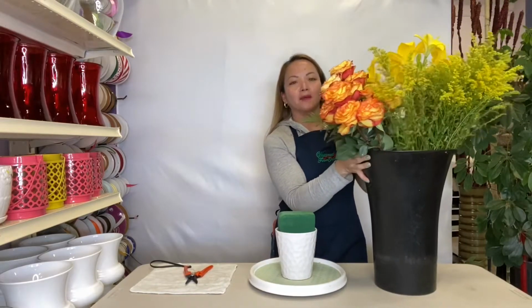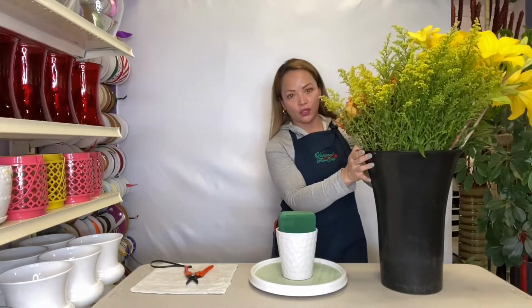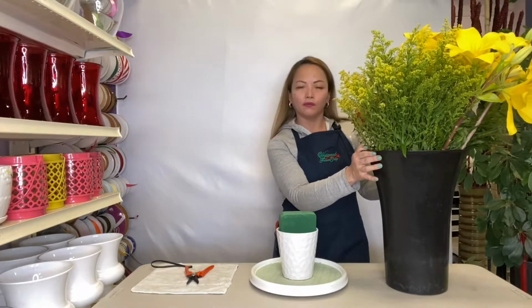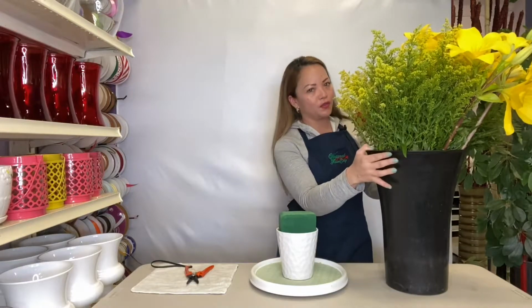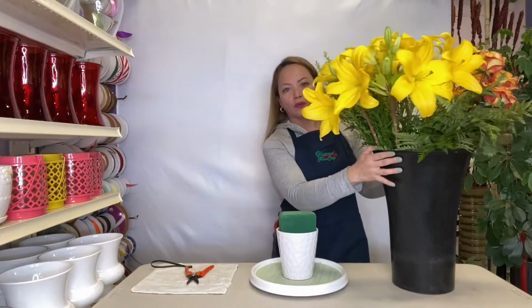So I'm excited with this bouquet because it's very bright, it's very yellow, and you can use this as a gift to your family and friends who are under the weather, who you want to cheer up, or you want to say hello just because. This is a very versatile bouquet. So the recipe would be